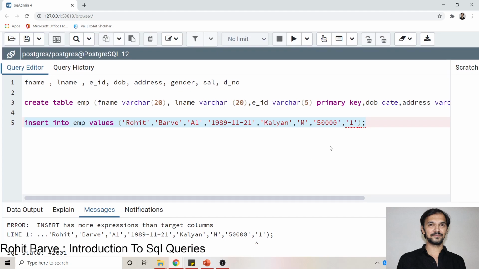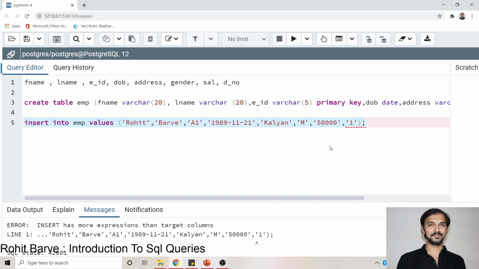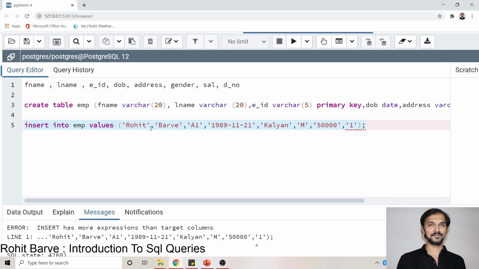Oh, you can understand there is an error. Insert has more expressions than target columns. Insert into values, first name, then last name, employee ID, then date of birth, then address, then gender.